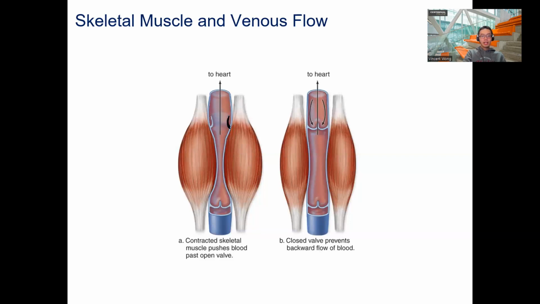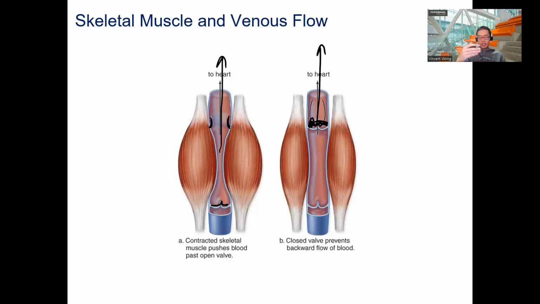So here you see in the veins there are these valves. So the valves will open when your calf muscle contracts to allow the blood to go up. But as soon as the calf muscle relaxes, then the valve will close and the blood will come down and the valves will be able to catch it. So next time when you contract again, it will squirt the blood upward again, and then it will just climb a little bit and a little bit and a little bit at a time, until it gets back to the heart. Okay, so